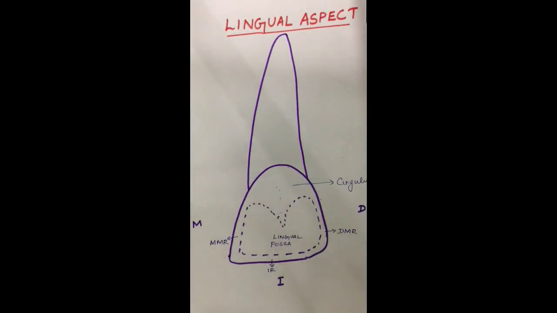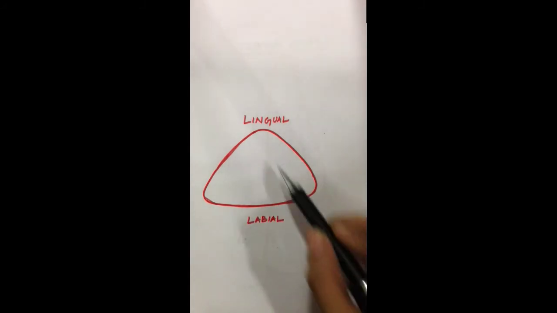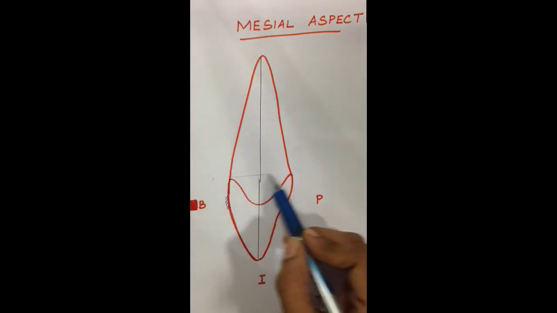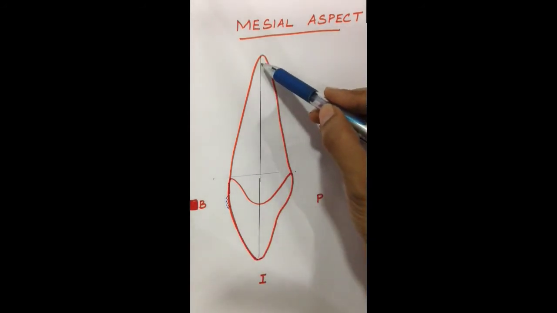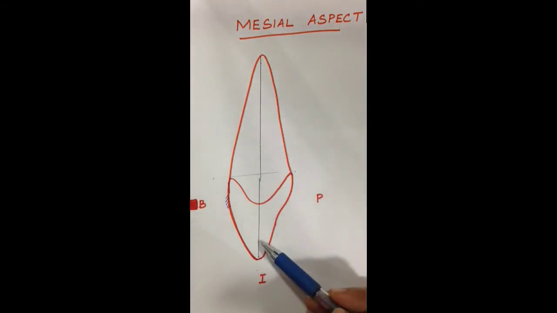The crown and the root taper towards the lingual portion, and hence on cross section the tooth appears almost triangular in shape, with the base of the triangle facing the labial side and the apex of the triangle facing the lingual side. From the mesial aspect, the crown is wedge shaped, with the base of the triangle towards the cervical end and the apex facing your incisal ridge. A line drawn bisecting the apex of the root and the incisal edge of the crown usually bisects the tooth exactly into 2 halves. But again, there may be variations which are occasionally seen.